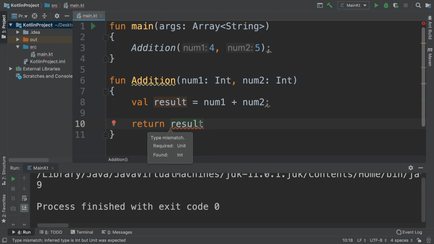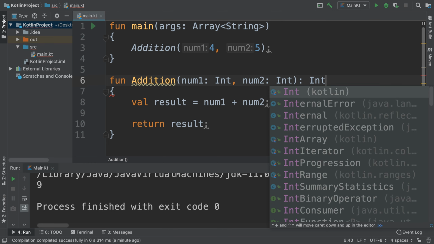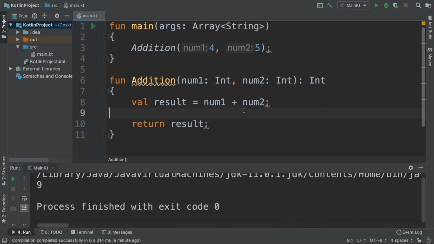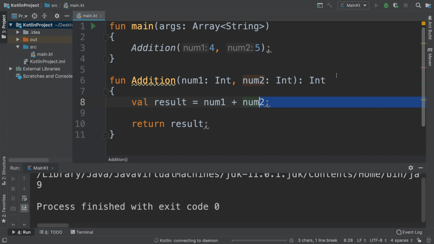I forgot one thing. You need to specify a return type for your function, and at the end you just put colon, then the type of data that you're returning. And if we're adding two integers together, it makes sense that you'll be returning an integer. Let's run it, see what we get. We should have 9 printed out,